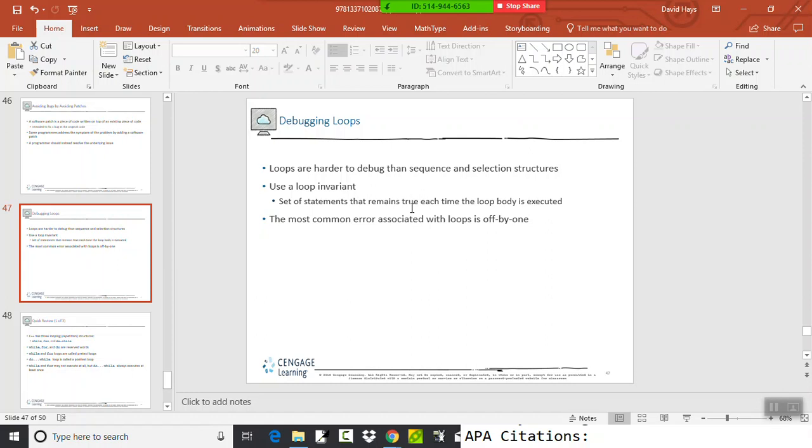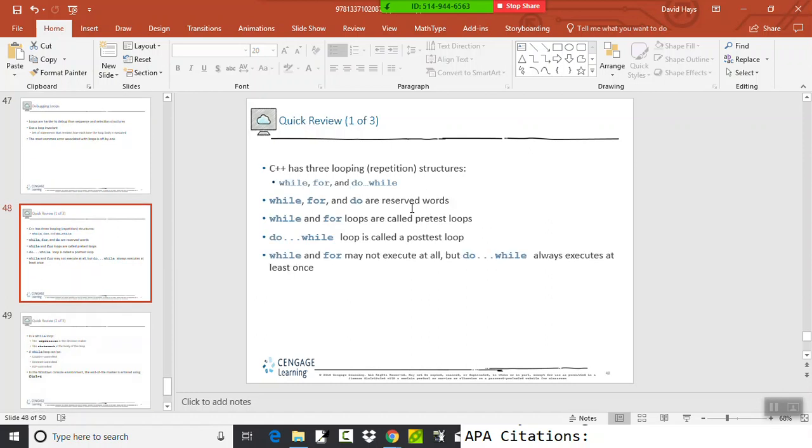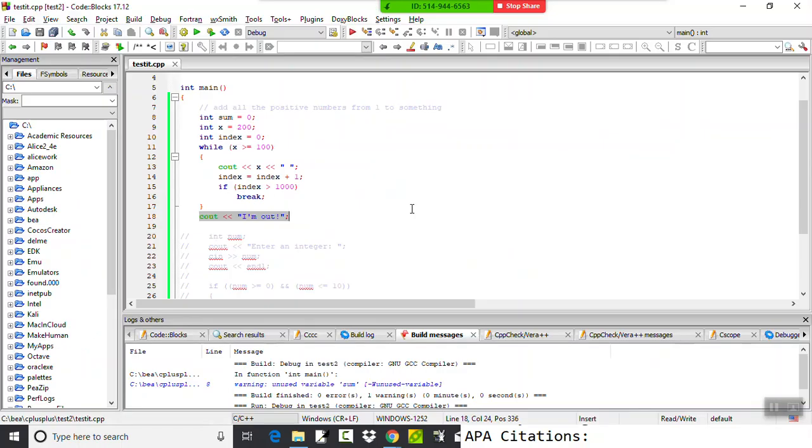Debugging loops. Loops are harder to debug than sequence and selection statements. You can use a loop invariant, a set of statements that remain true each time the loop body is executed. The most common error associated with loops is off by 1. There's a review. I'm not going to go over that. We know we just covered it. What they mean by that is if I'm looping through,